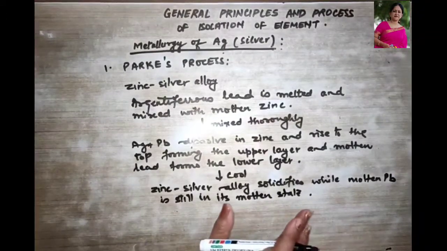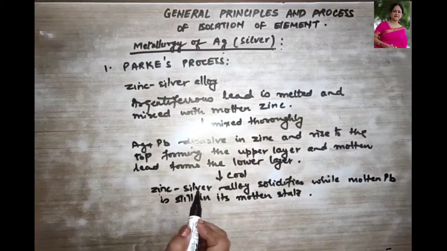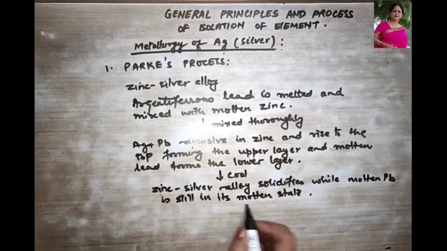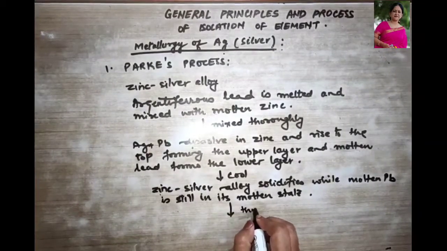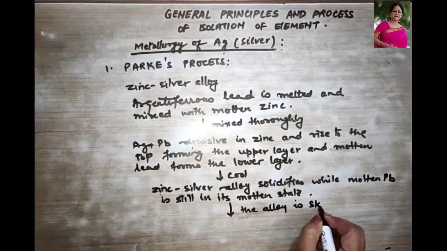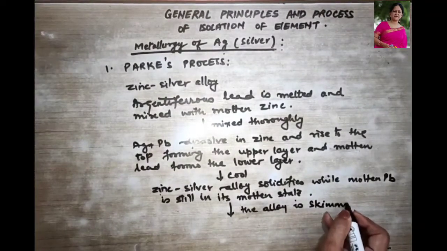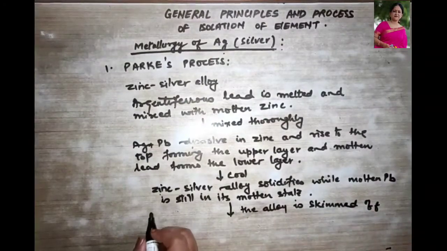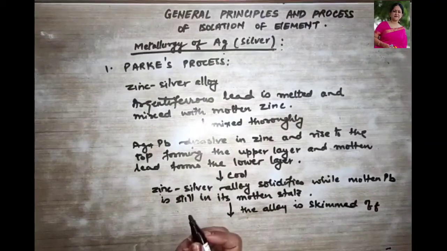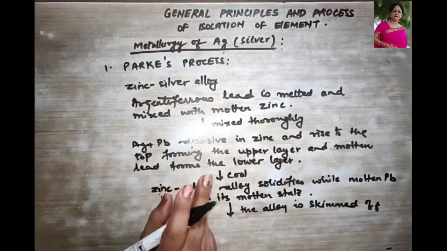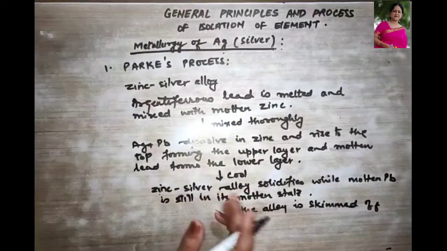Now what? Now this alloy, that is zinc silver alloy, it is skimmed off, right? After the alloy is skimmed off, right? So lead is treated with the fresh molten zinc, and your zinc silver alloy is extracted again,